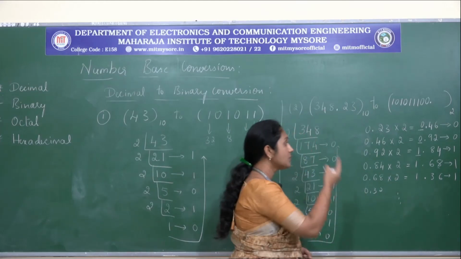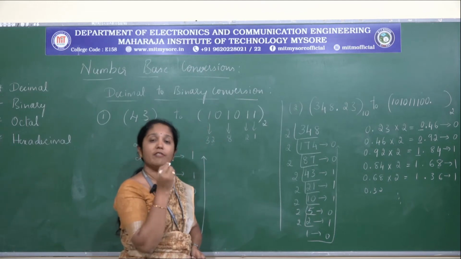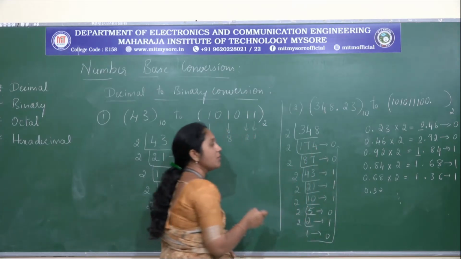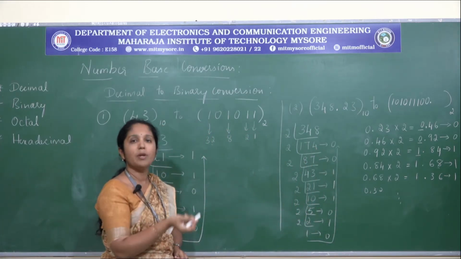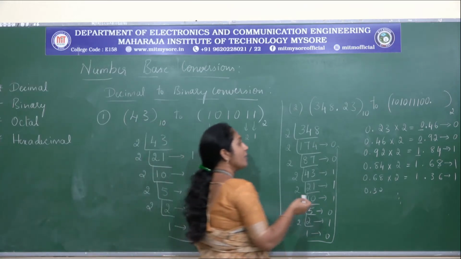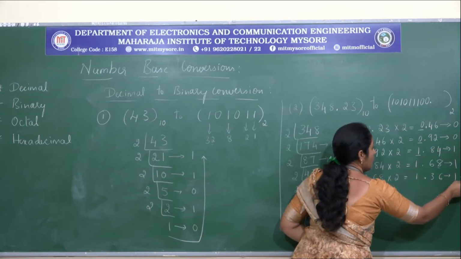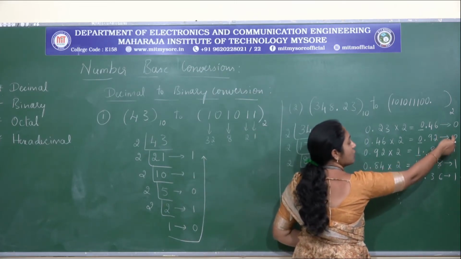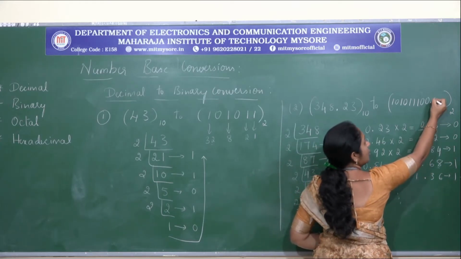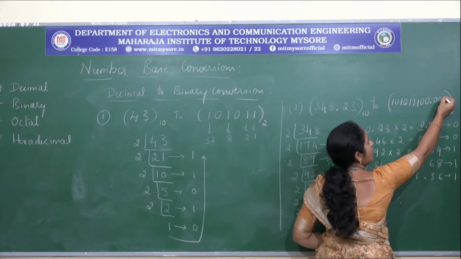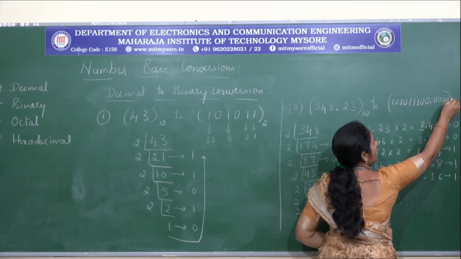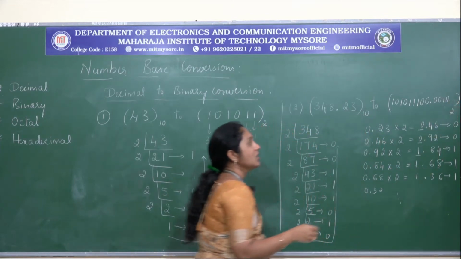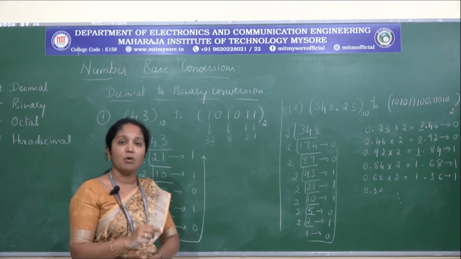Now we need to understand how to write the fractional part of the number, because here if you observe we have read the numbers from bottom to top there, so it will be reverse of it, that is we are going to read from top to bottom. So you need to express the fractional part, see here, starting from 0 you need to write, all of you observe here how I am going to write 0, 0, 1, 1, 1, and you need to put etc. here,